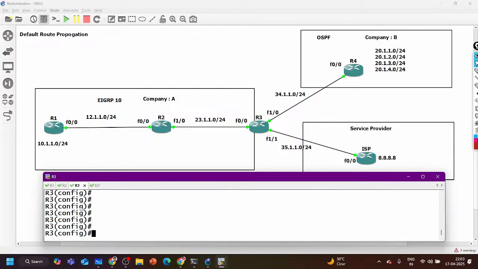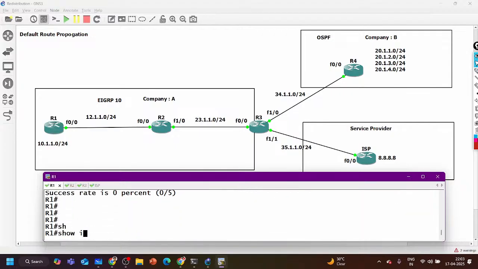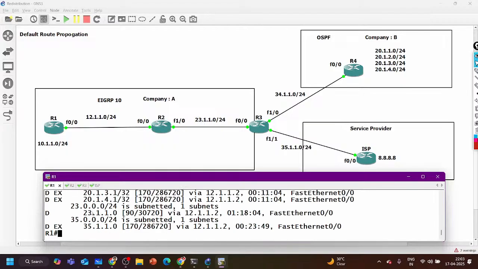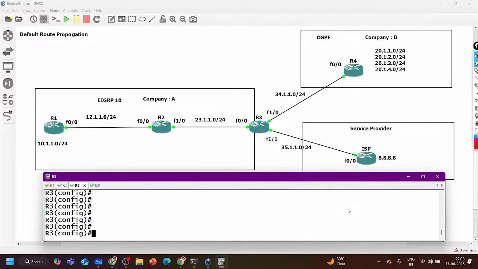Ping is not working because of NAT translation. The router is not performing the translation properly here. But you don't need to focus on NATing here, how NATing is going to work. Simply, we are verifying the default route in the EIGRP domain, and on router number 1, we are able to find the default route. So, show IP route EIGRP. My traffic is going to the internet. If you are not getting the reply message, that is a misconfiguration of NAT, not your EIGRP. This is the first option to advertise a default route in EIGRP.